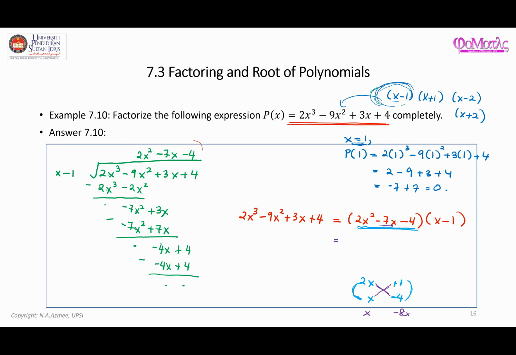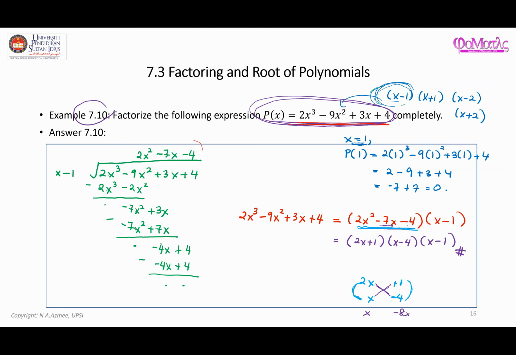Now we can factorize that as 2x plus 1 times x minus 4. And you can check if you are not confident enough. So if you expand this, you should be able to get the original expression on top here. Okay, so 2x times x is 2x squared. This one is negative 8x plus x will be negative 7x, and 1 times negative 4, you will get negative 4. So this is the answer to question or example 7.10, where it is asking you to factorize this polynomial